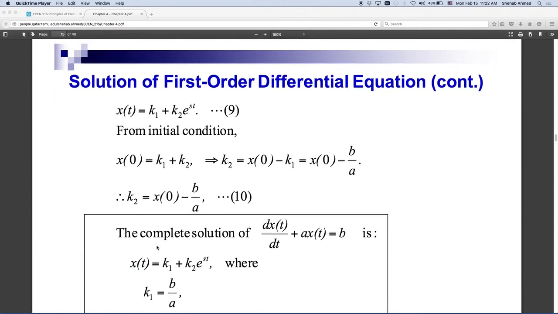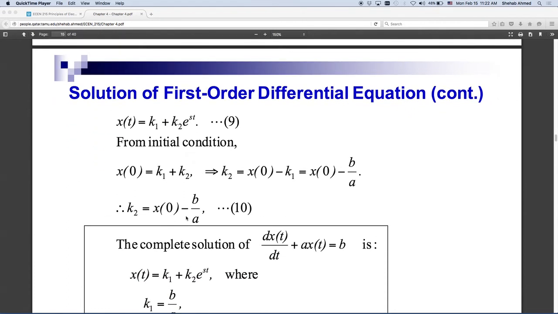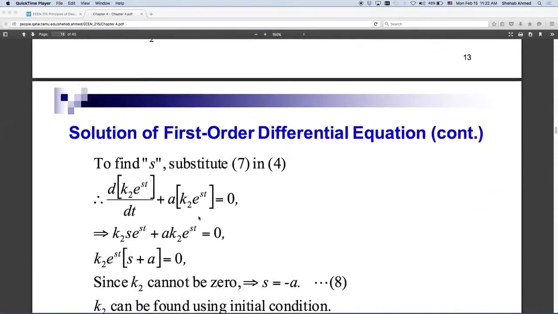k2 is equal to x of 0 minus b over a, where b and a and x of 0 are what we find from the initial condition. So x, if we're talking about inductor current, is I of 0. If we're talking about capacitor voltage, it's V capacitor of 0, right? And then if we have an RL circuit, b over a is something defined by